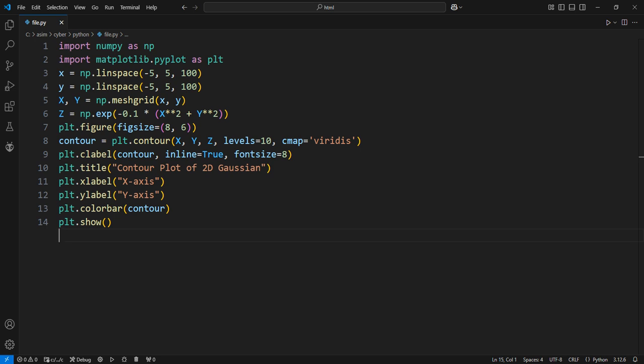This code first creates two 1D arrays of values between -5 and 5 for the x and y axes using np.linspace, and then uses np.meshgrid to form a 2D grid of coordinates. The z values are calculated using the exponential of the sum of squared x and y values, forming a Gaussian distribution. The plt.contour function is used to plot the contour lines, with 10 levels and the viridis color map, while